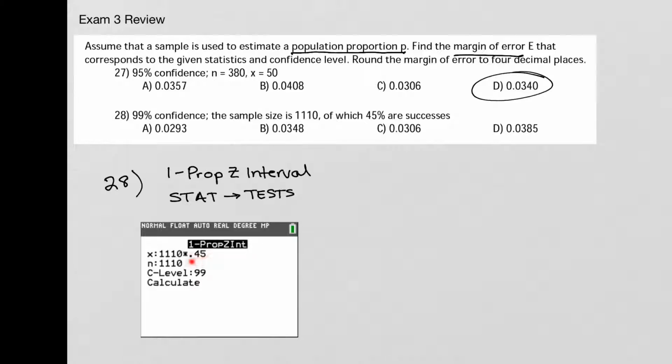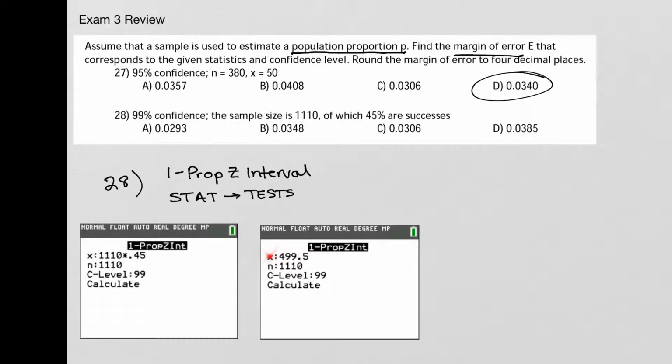So we have to take 45% or 0.45 times the 1,110. And you can actually type this right in to 1 prop Z interval. You type it in the space for X, and the calculator will do this computation for you. So as soon as you press Enter to go down to the next line,